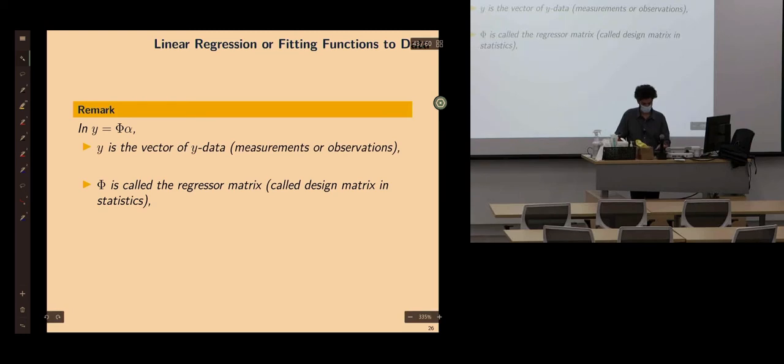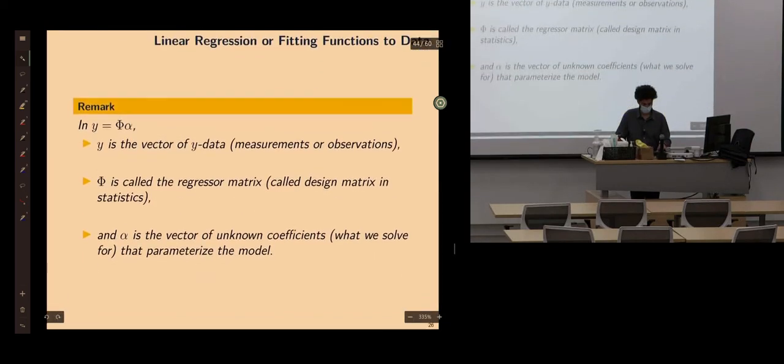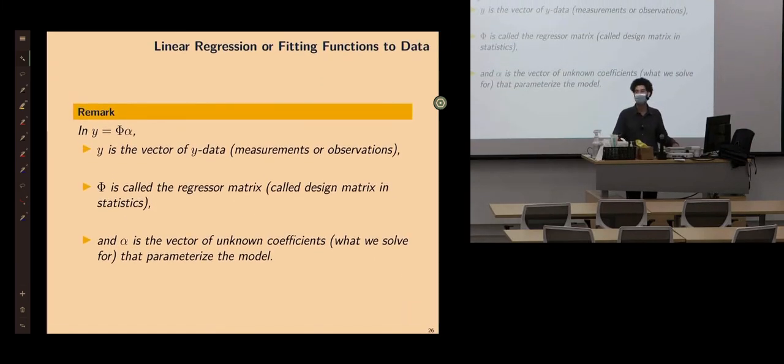So phi is the regressor matrix. And alpha is the vector of unknown coefficients. That's what we are going to solve for. Because if we know alpha, we have the line, right? If we know alpha, we know m and b, we can draw the line. And we can know the value of the line